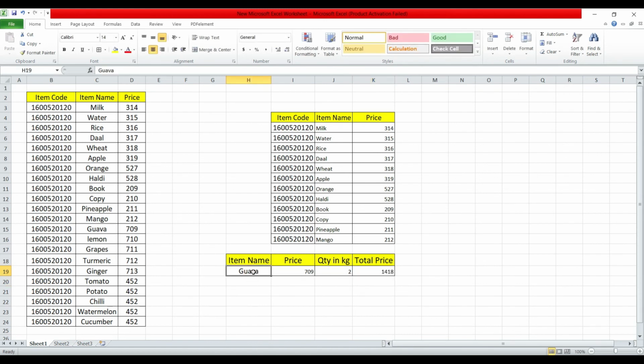When you change the item name, the price changes automatically. Suppose I take this mango value, copy it and paste it here. You will see that the price of mango has automatically changed. Mango's price is 212, and when you buy 2 kg, the total price is 424. So guys, this is how VLOOKUP works in an Excel sheet.